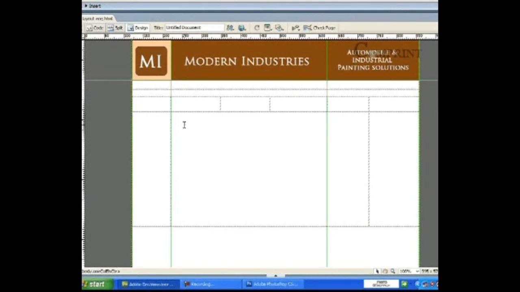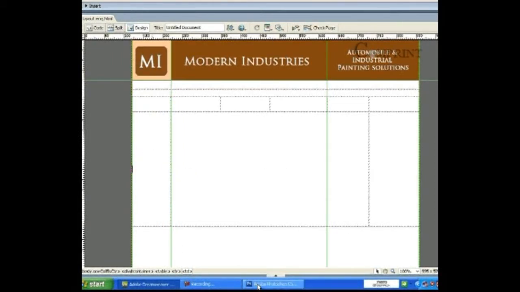Before we design the buttons for the navigation bar, let us see the size of the cell which we have allotted for the navigation bar. According to these sizes, we can make the buttons. Now, let us see the width of this particular cell. The width of this cell is around 100 pixels.